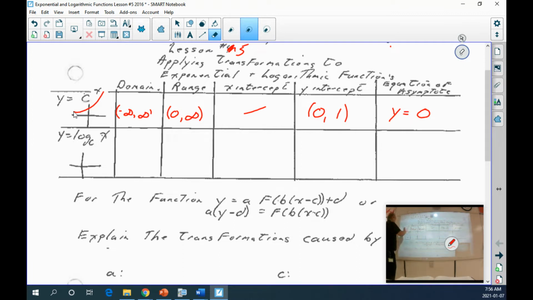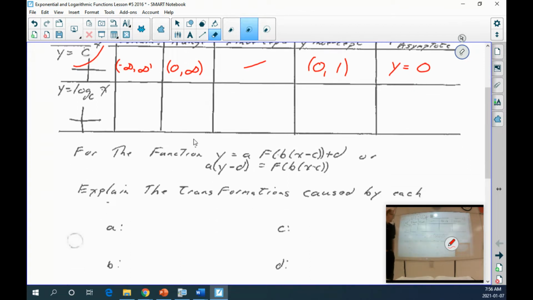Now, as I said, here's the shape for a graph where the base is greater than 1. The only thing that's going to change is this is a decay function and you have a base between 0 and 1. This little sketch is a logarithmic function with a base greater than 1. And here you have the sketch of the logarithmic function with a base between 0 and